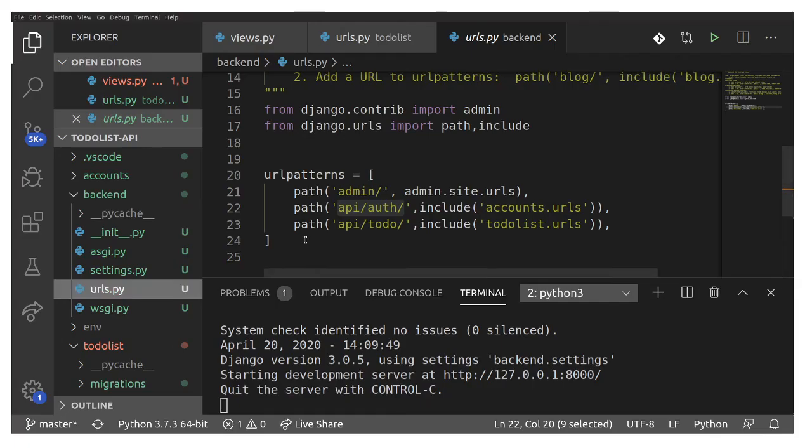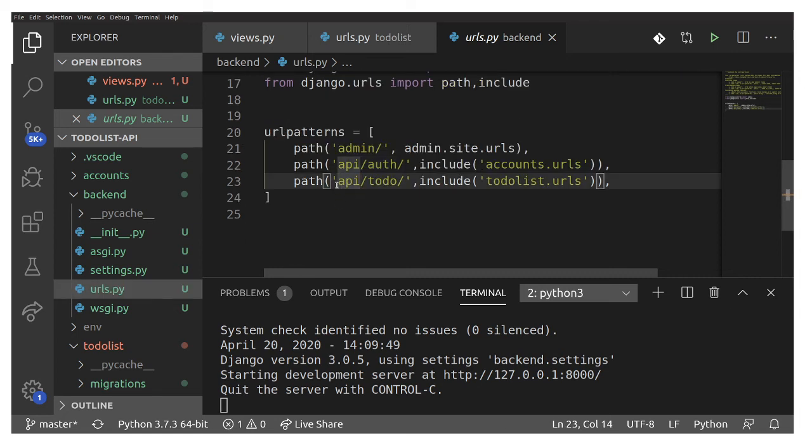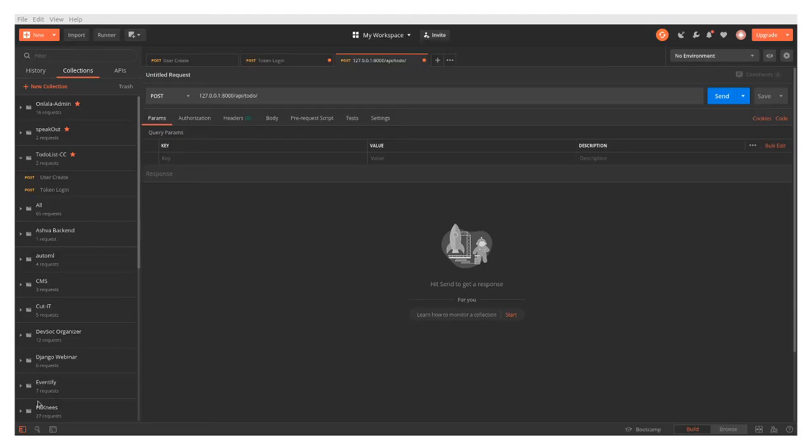So okay, here it is api/todo. I'm just going to copy that, paste it over here in Postman. And whatever URL we wrote is create/view. So I'm just going to copy that and paste it over here, so it's basically api/todo/create/view,